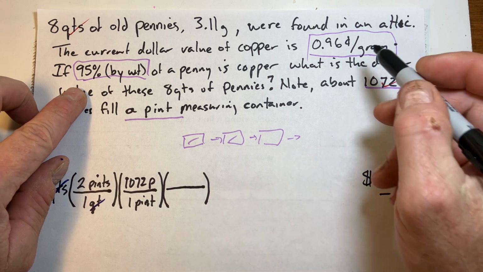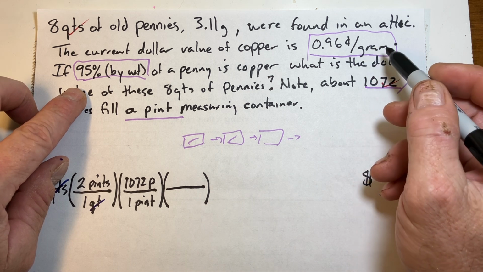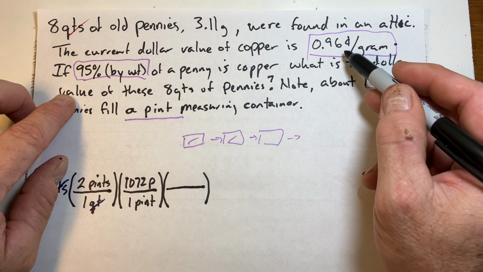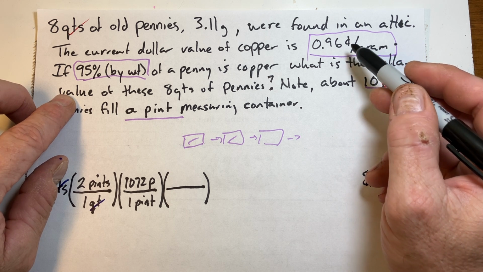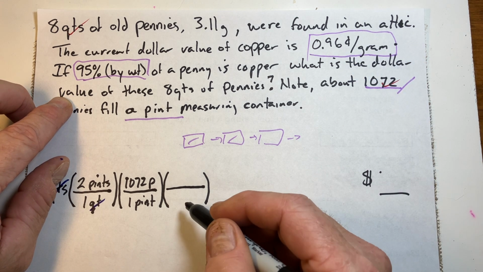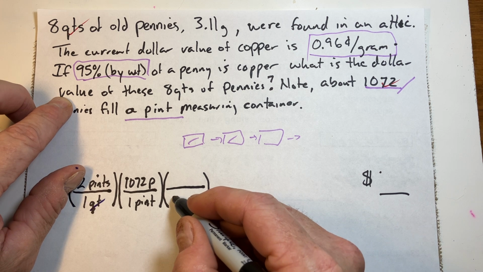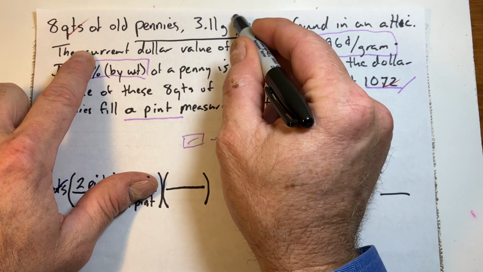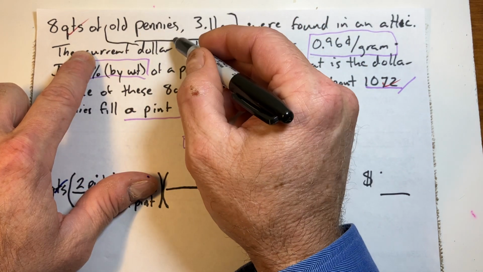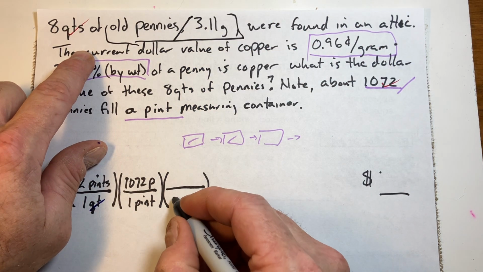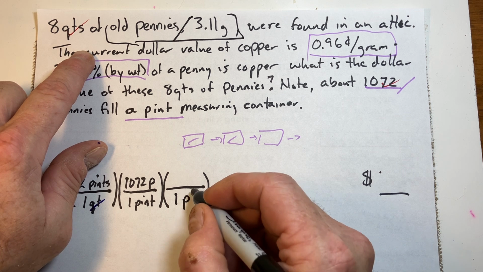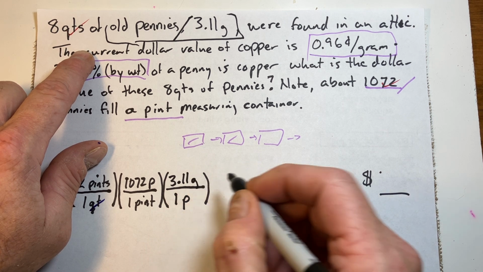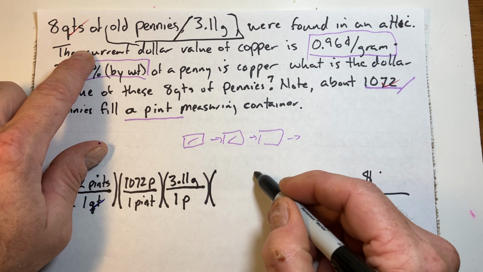So I'm going to, oh, well, here's something. That's grams of copper. I get this much. Let's see if we have a way to move from, so how about, oh yeah, here we go. It said the penny, didn't catch this one. The old penny weighs 3.11 grams. So I can say 1 penny. And now I have the total weight of 1 penny, and now I can start jumping down into that 95%